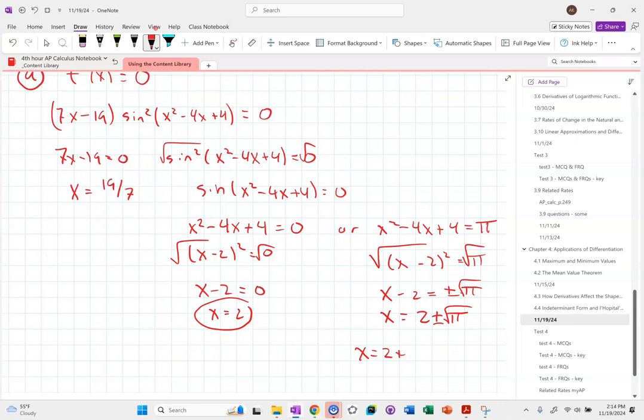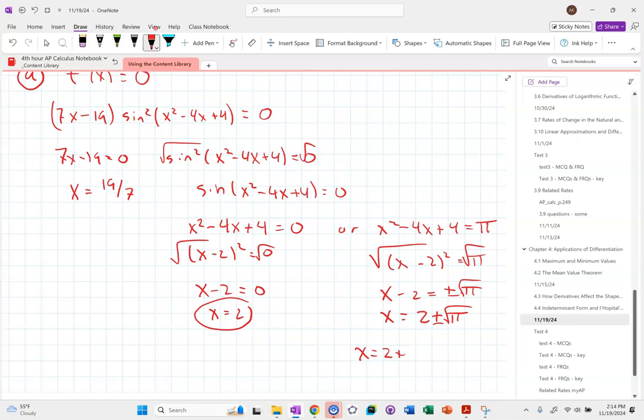The square root of pi is going to be less than 2 because pi is less than 4. So if I take 2 and add something less than 2 to it, it's still less than 4, right? If I take 2 and subtract that number less than 2, that doesn't necessarily have to be bigger than 1, right? And in fact, I know that the square root of pi is somewhere between 1 and 2 because